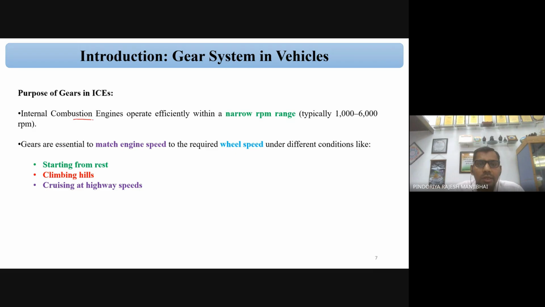An internal combustion engine operates efficiently within a narrow RPM range, typically 1000 to 6000 RPM. Okay. Gears are essential to match the engine speed to the required wheel speed. Okay, so by using the gear, we can operate the engine effectively, starting from rest, climbing a hill, and cruising at highway speed. Suppose you want to drive at a constant speed, then we can say it is cruising at highway speed. Okay,